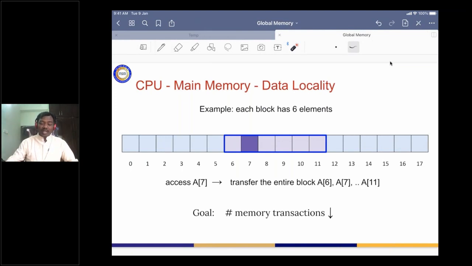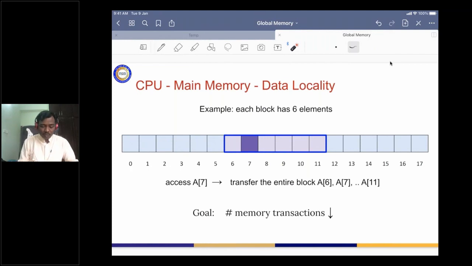Think of 0 to 5: these 6 elements are part of one block. I'm calling this block a chunk, and it is different from the thread block. These consist only of elements. We have a first block, a second block, a third block, and so on. If you want to access A of 7, which is available here, rather than accessing just that element, we are going to transfer all these elements together as a chunk, or a block, from RAM to cache.